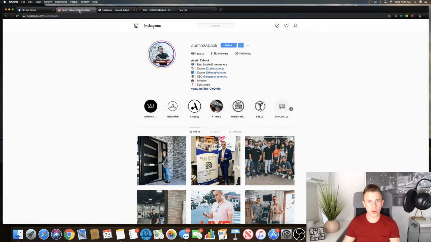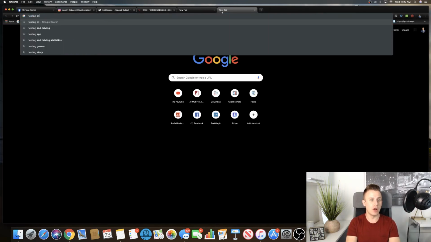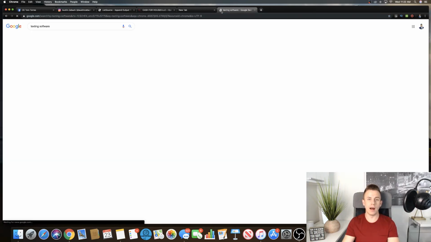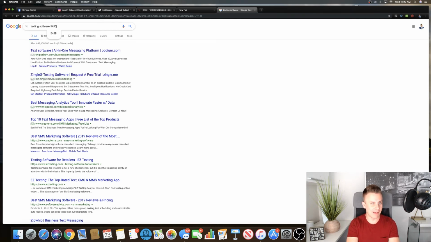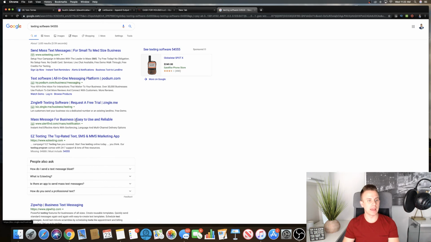Literally, you could go ahead and register for one of the texting softwares, right? And again, I'm not going to get too specific on how it works, but like the 54555, whatever, like the easy texting, right? And have them actually text a number to opt in to be a cash buyer, right? And all of a sudden, boom, you have their cash buyer information. Or have them go to your website, or send you a DM on Instagram, right? Whatever the case is, whatever the call to action is, you could do.